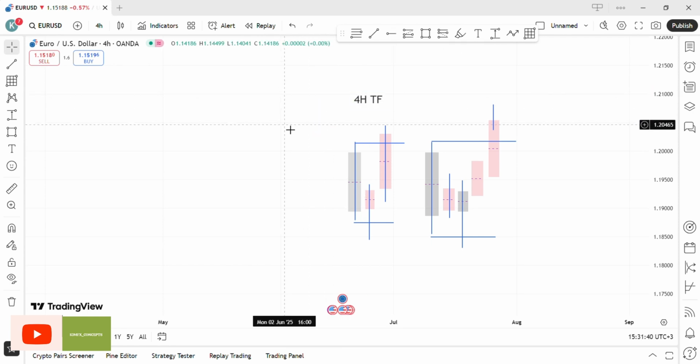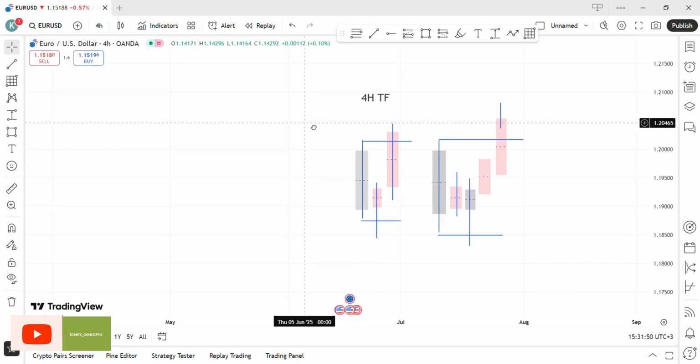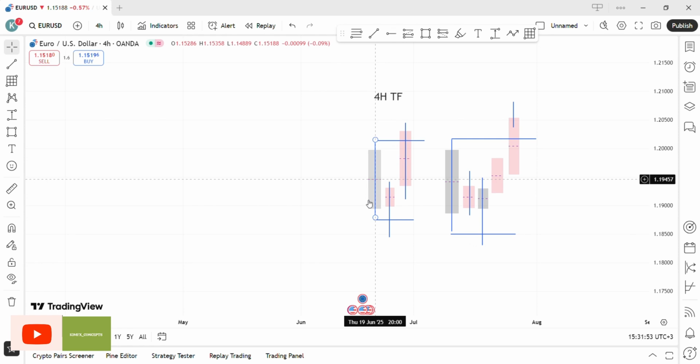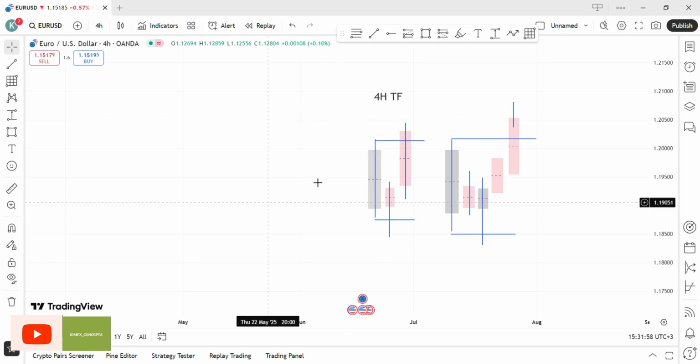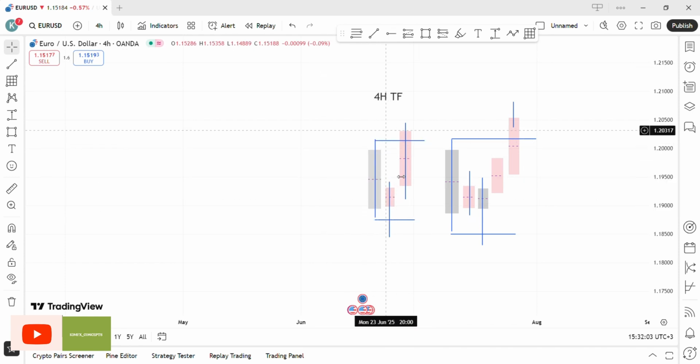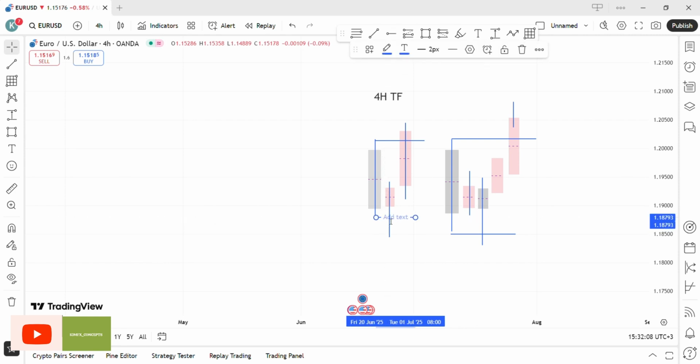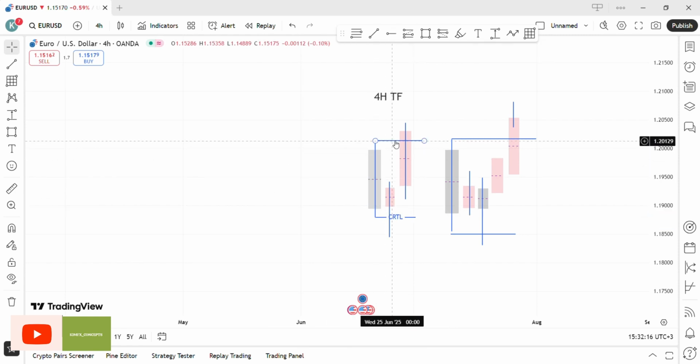So an example, you go to your chart like up here, like EURUSD, you check for maybe the 12 a.m. candle or the 8 a.m. candle. This is just an example. You check the low of that candle, you mark the low of that candle, and you mark the high of that candle. The low of that candle is known as the CRT low, and the high of that candle is known as the